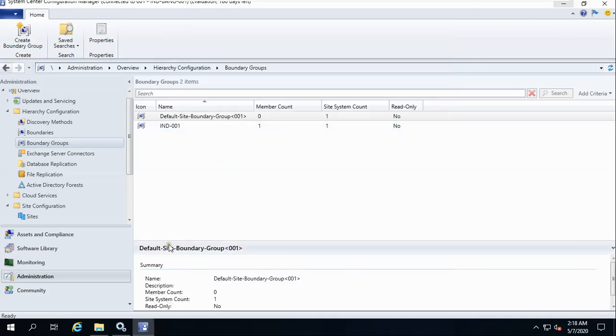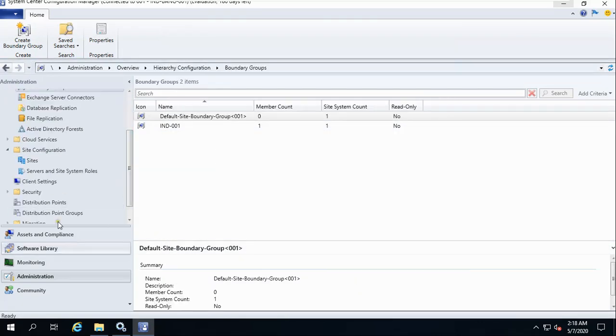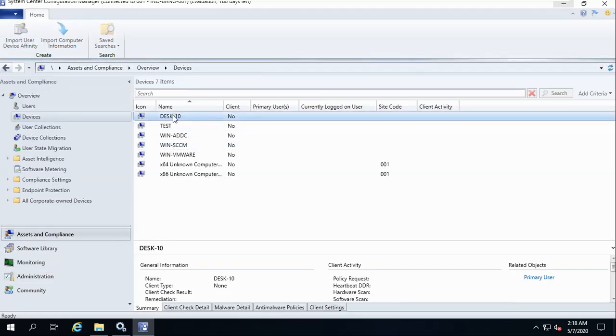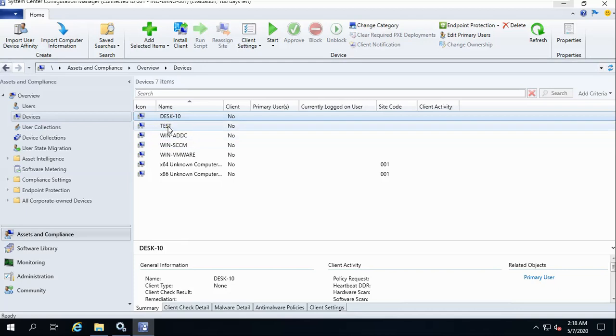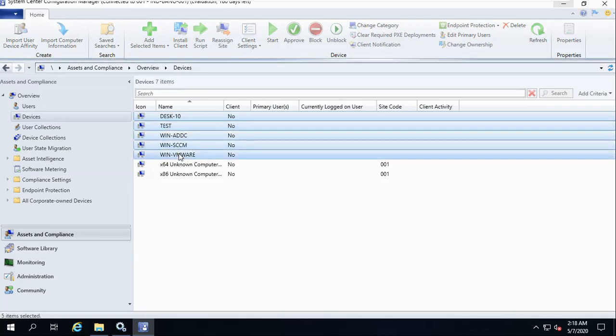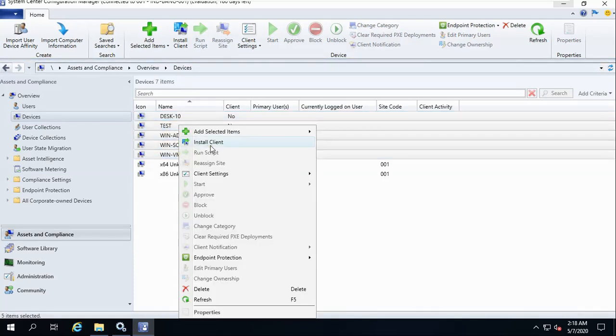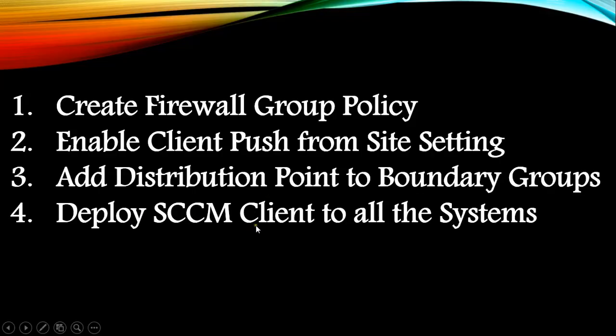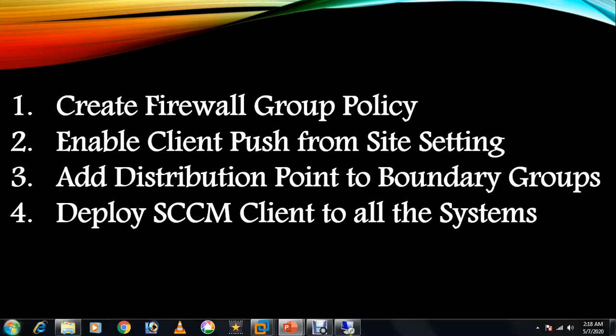Now you have to go to all the systems where you want to deploy this. I'm selecting 1, 2, 3, 4, 5 virtual machines, and just right click and install client, or from here also you can install the client. I am showing you the last step, deploying the SCCM client to all the systems.